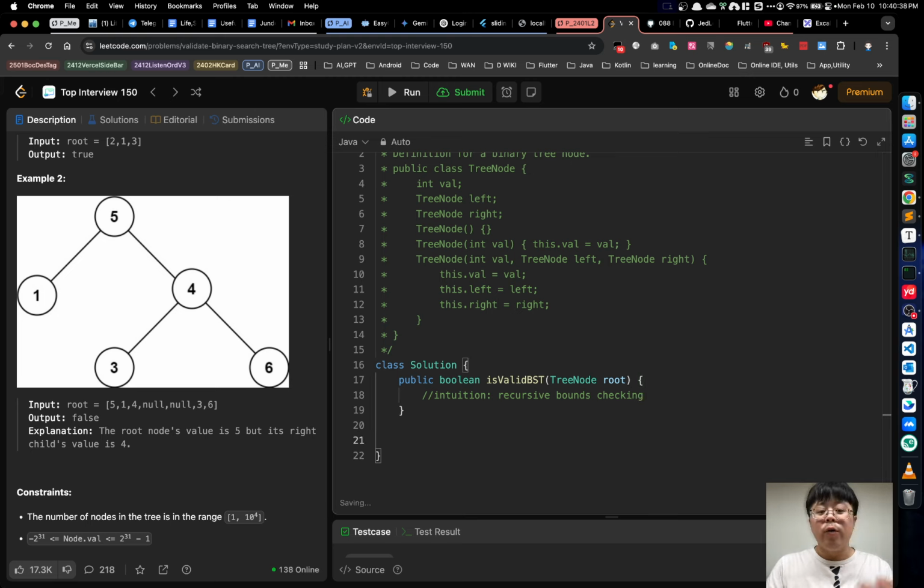First, we'll declare and implement a new method called isValidBST. Private boolean isValidBST with 3 variables. First is the tree node. Second is the lower bound, integer lower bound. And the third one is the upper bound. And inside the method body,